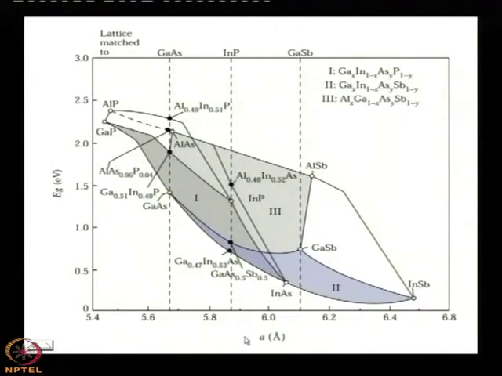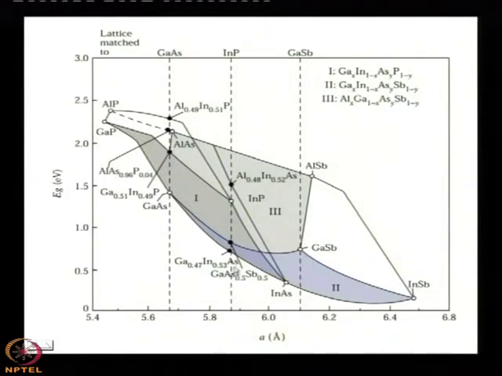But what you find is that you can grow this material at two positions, at this position with some composition and at this position with some composition. Why? Because at 2 points only it is lattice matched to indium phosphide and gallium arsenide. That means you take this position, this position. This is the position for indium phosphide.